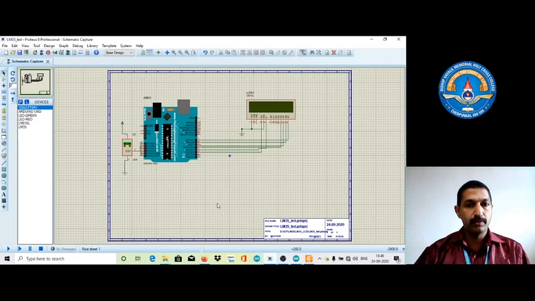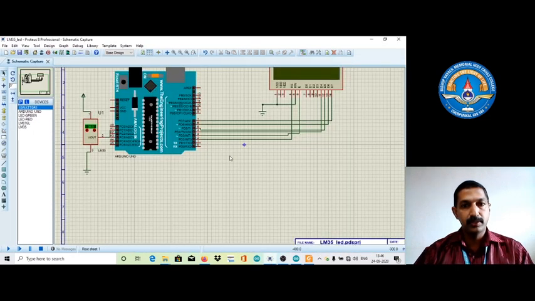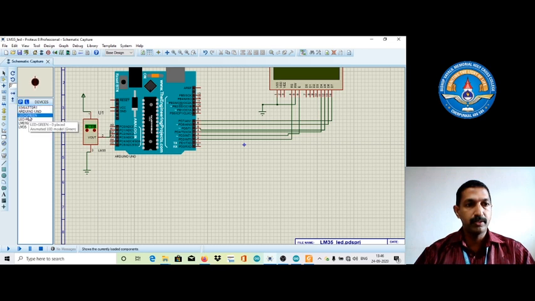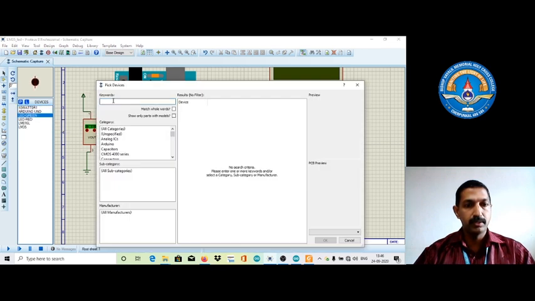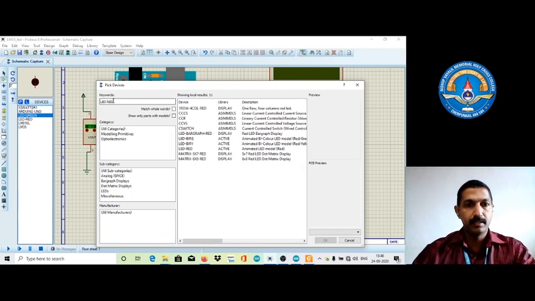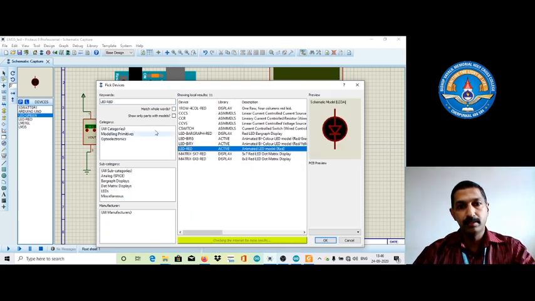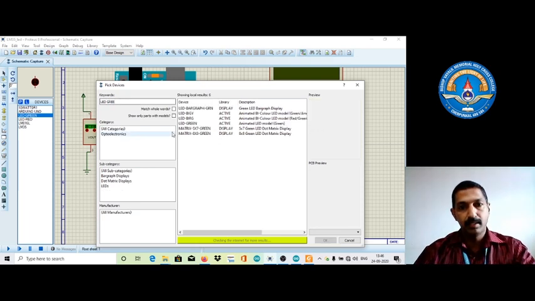So we need to go back to our Proteus simulation. Just add two LEDs. We can just go to component mode. We already added the two LEDs. We just pick LED red, should be here. Also LED green, it is here.